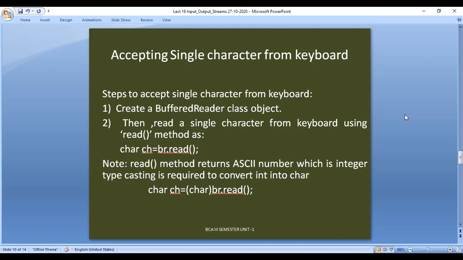I'm giving s, but it is returning the ASCII number of that value, let us say 10. But I don't want 10, I want s.